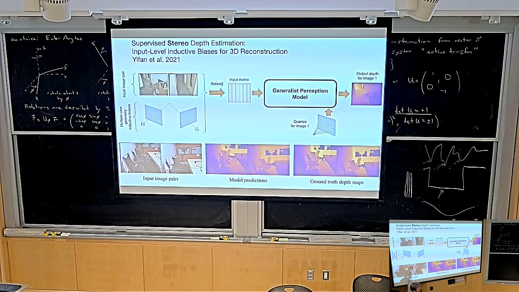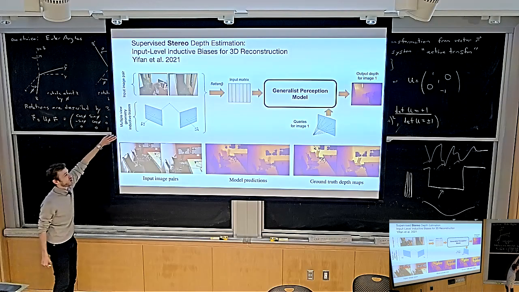So we're not going to talk about this model in depth, but this is the first figure in the paper, and you can get the idea of what this model does. It takes as input two input images, right? And then it produces as output the depth map. And this is a supervised model again, so it assumes that you have supervision in form of the ground truth depth.